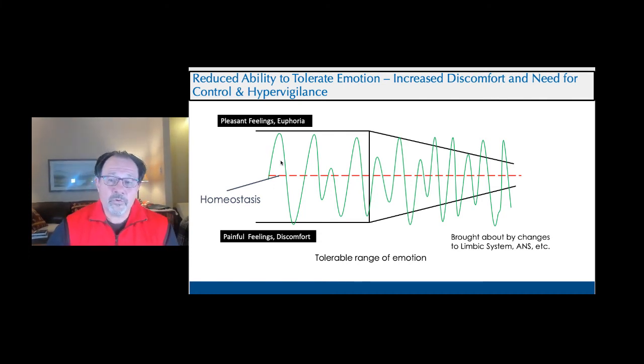Let's just say this was normal back here, and that this box here is what we call a level or a tolerable range of emotion. And these are good feelings, pleasant, euphoria, up at the very top. Almost anything above that becomes uncomfortable. And this is at the bottom, painful feelings and discomfort. And this would be mood swing, and the idea that if we grew up in a healthy family where we have been taught to feel our emotions, that feeling bad is as valid as feeling good, and that